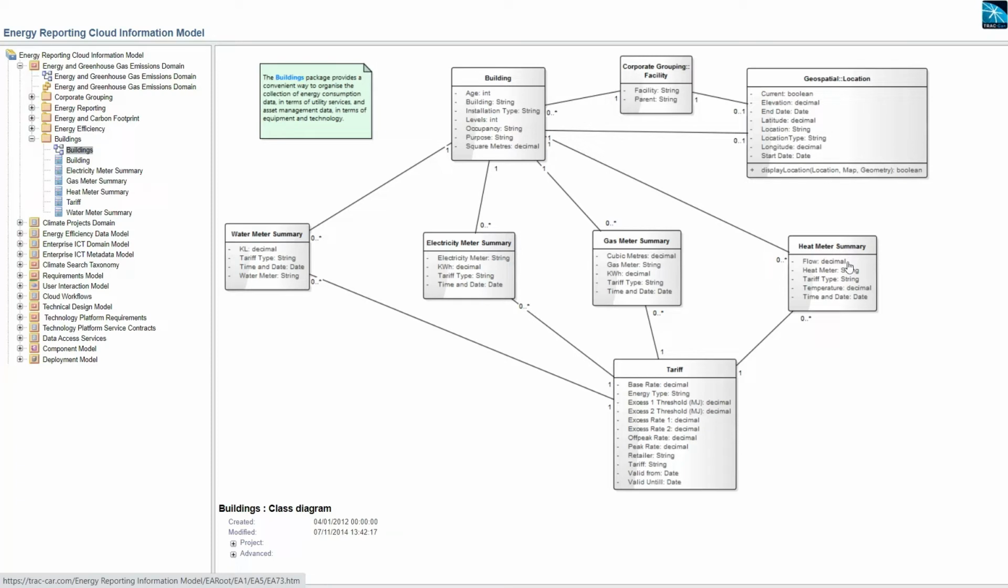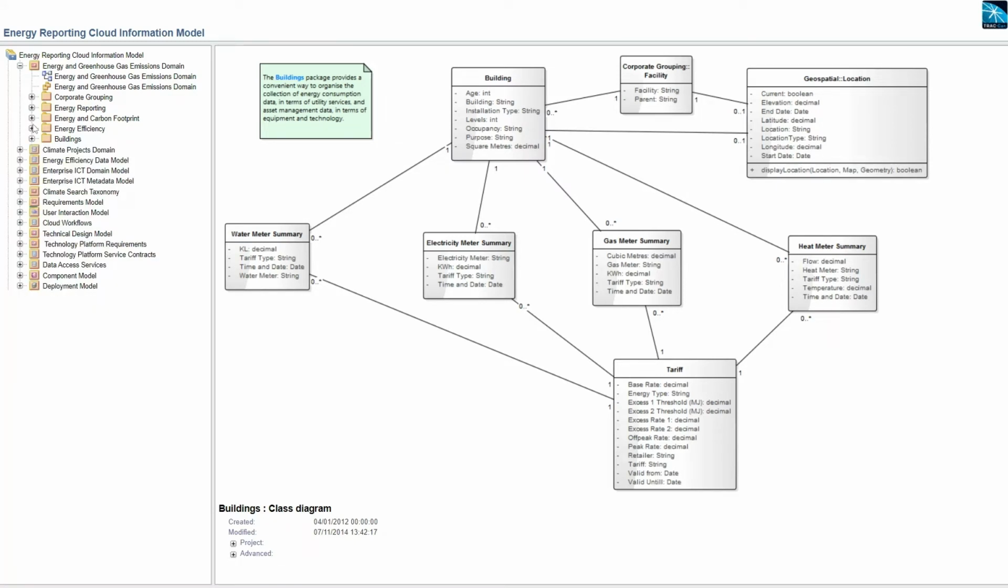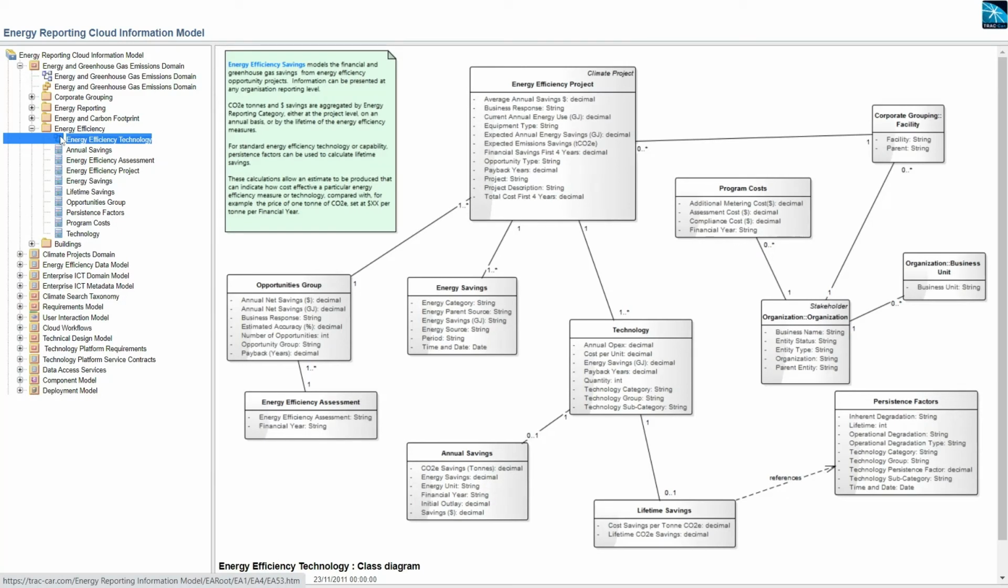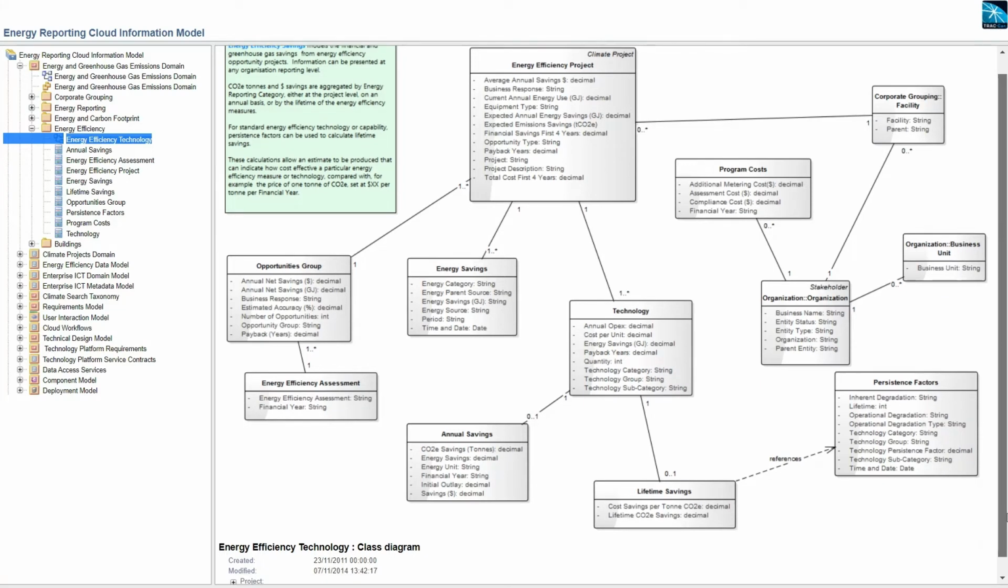Building data can be viewed by corporate grouping and applies configurable tariffs to each facility to monitor consumption and cost. Data can be collected from existing sources to build a holistic view of energy efficiency. Application of technology persistence factors provides the anticipated lifetime of an energy efficiency technology and can be used to calculate lifetime savings. The persistence factors are used in the calculation of cost to save a ton of CO2 over the